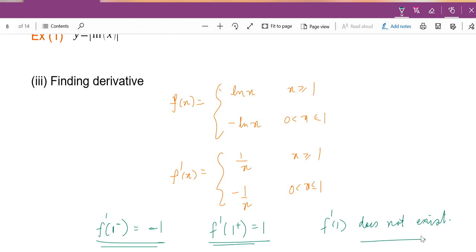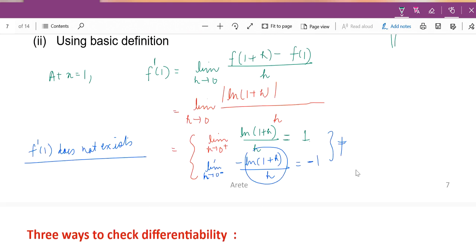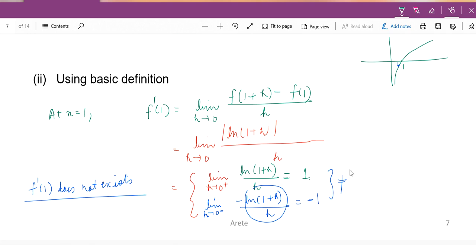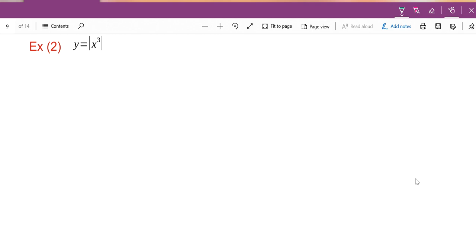okay. So what did we do? We demonstrated that using any of the three, we should be able to find out whether my function is derivable or not at a particular point. And which one to use depends on the function; once you see it, you will be clear in your mind which one will be easier for you. So let's see one more quick question.